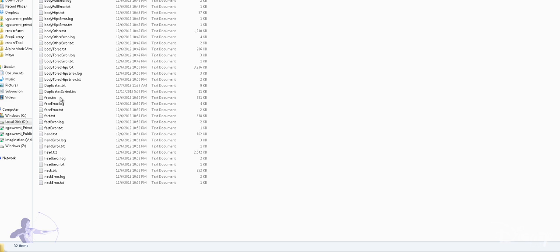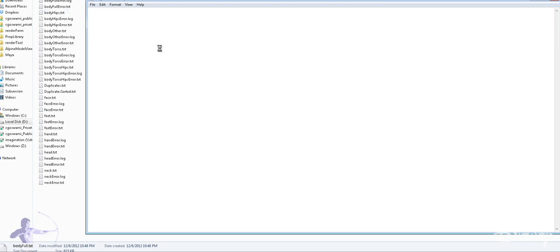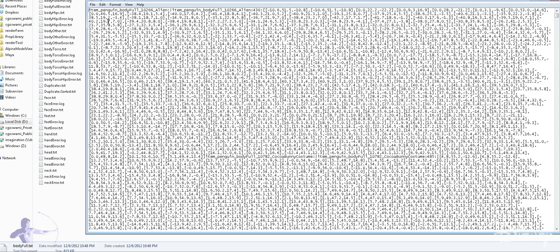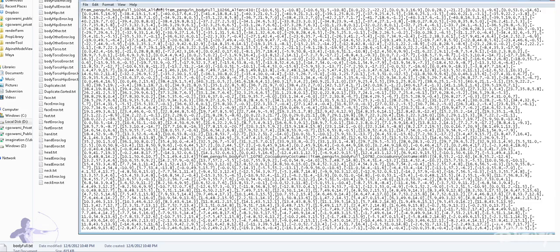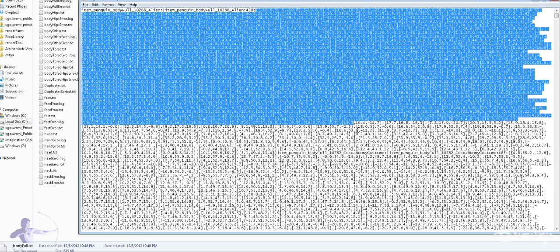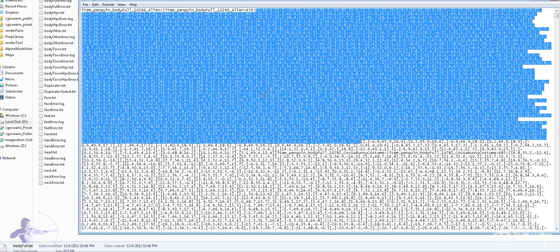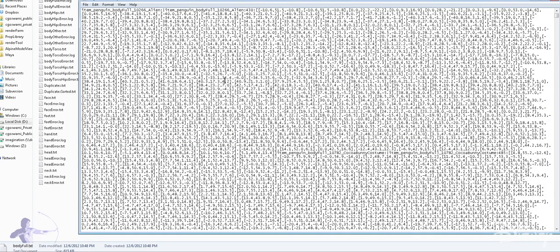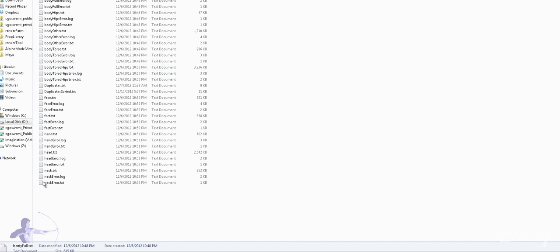So here's the directory in which all the generated files exist. So you would see a number of text files, which would show you the information, which is the name of the item, the name of the mesh inside it, and then the number of vertices in a mesh, and this is all the positions of the vertices. And in here it also has the UV information separated by columns, and it has generated this file for each section of the comparison, because there are multiple different sections: head, neck, body, torso,